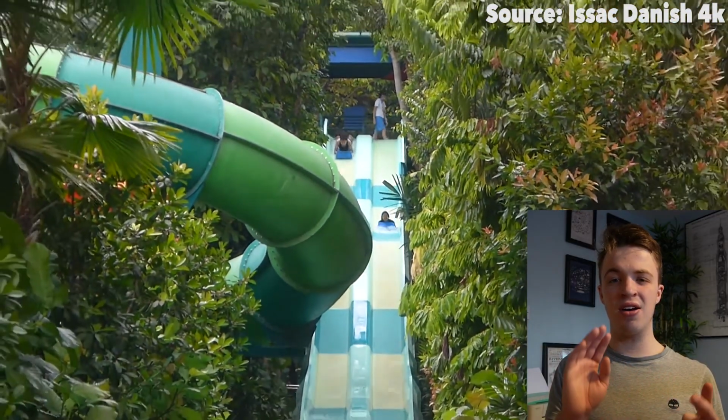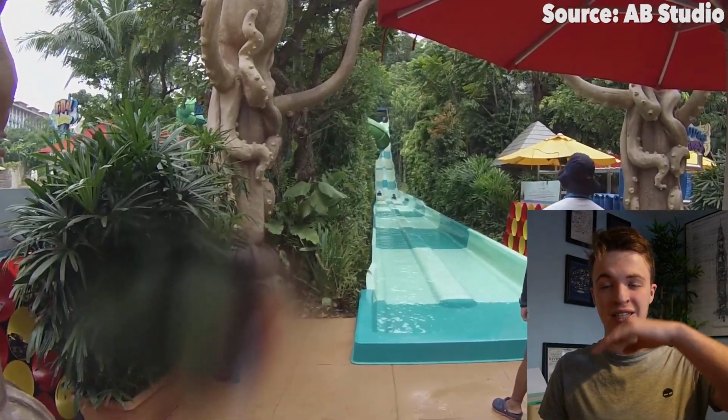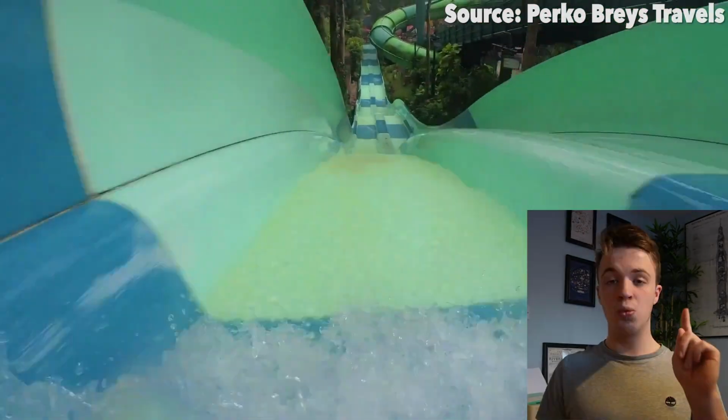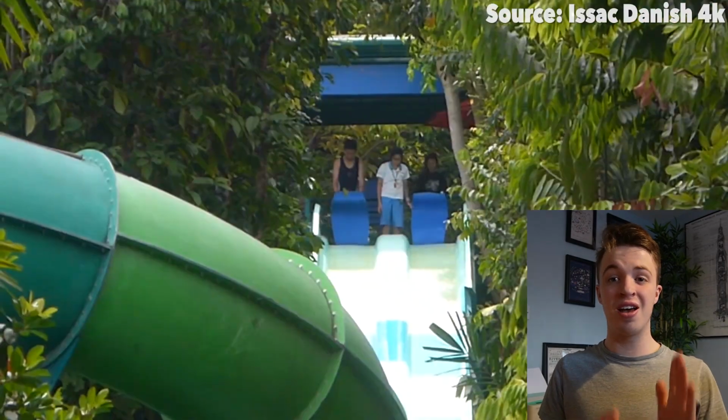We've played in a tree house, we've gone down a toilet bowl, then into a bathtub, so what are we now missing? Oh yes, being able to turn those friends into enemies, frenemies, for a racer slide. This is Dueling Racer, and despite the loop not being a lot, and in fact being way worse than the last of slides, with all you're doing is basically bouncing down, there are two reasons why this is worthy of this spot. One, the entire layout start to finish will be done on your front,